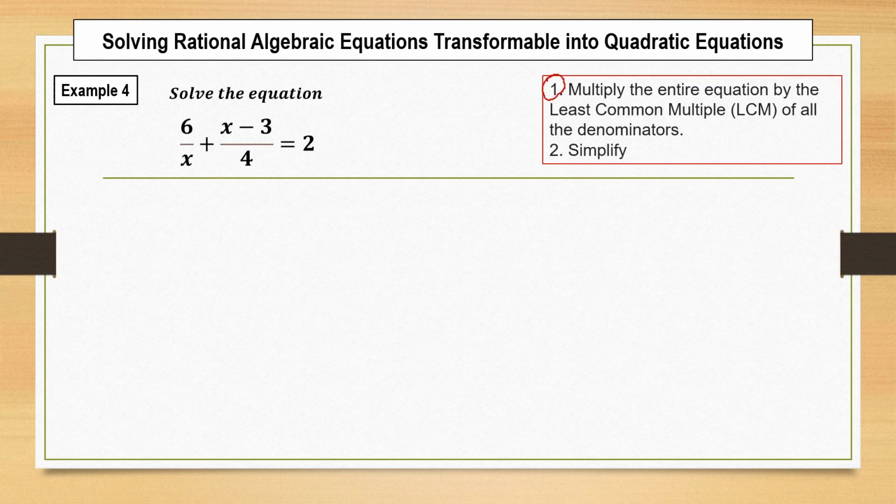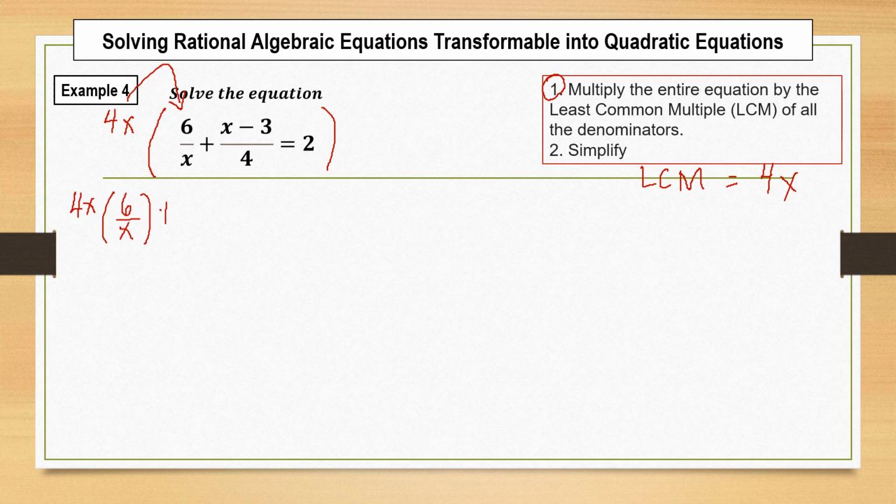So for step 1, multiply the entire equation by the least common multiple or LCM of all the denominators. So what is the LCM in the given denominators? The LCM of x and 4 is simply 4x. So we multiply the entire equation by 4x. By distributive property, we have 4x times 6 over x plus 4x times (x minus 3) all over 4 is equal to